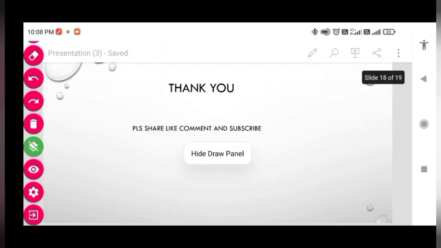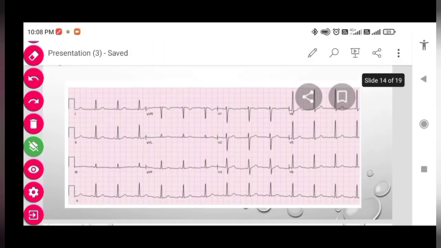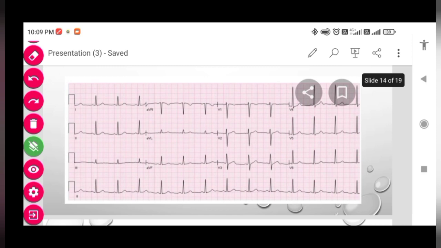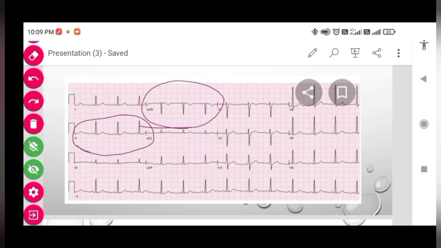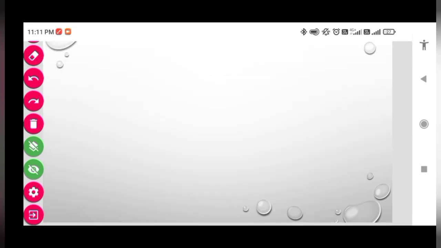So let me show you. As you can see here, on lead 2 you are seeing these waves, and on lead AVR you are seeing exactly the opposite, because they are directed in the opposite direction on the body. Okay, next, coming to